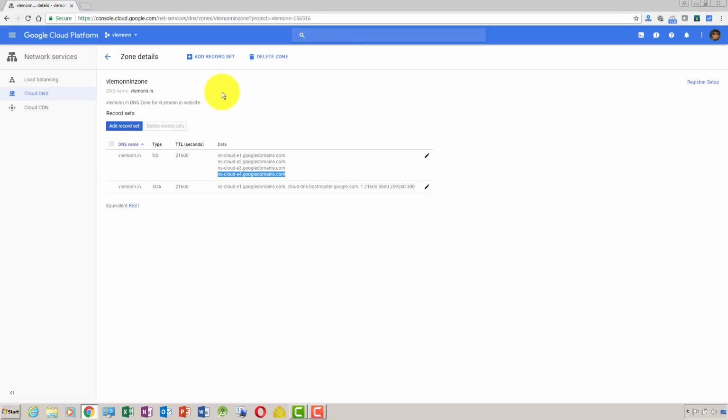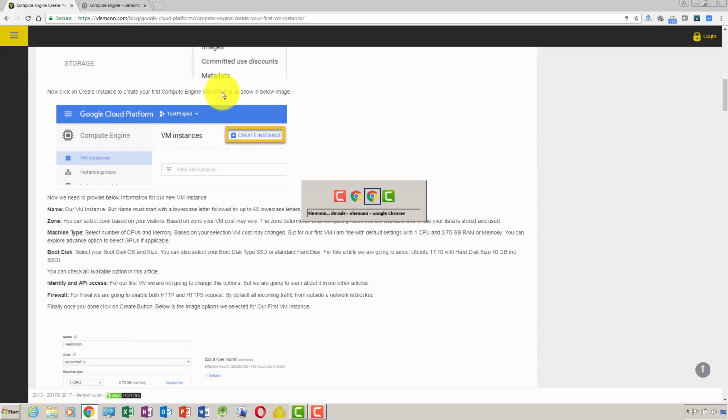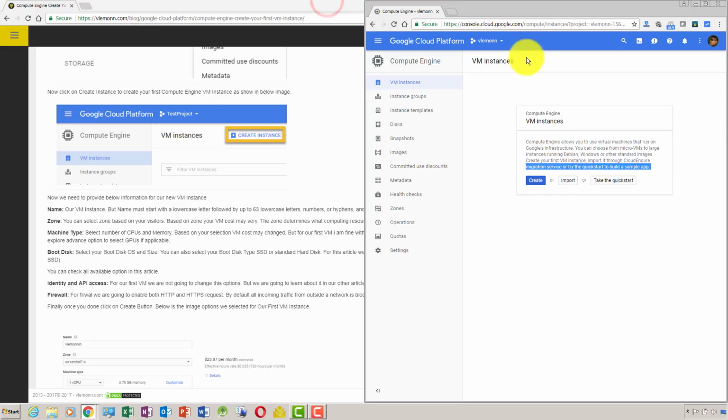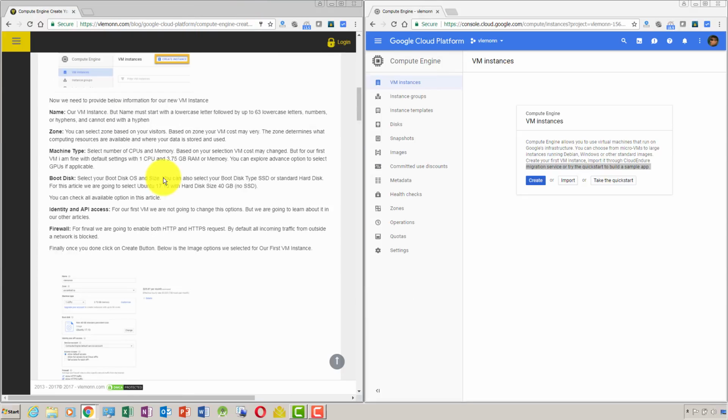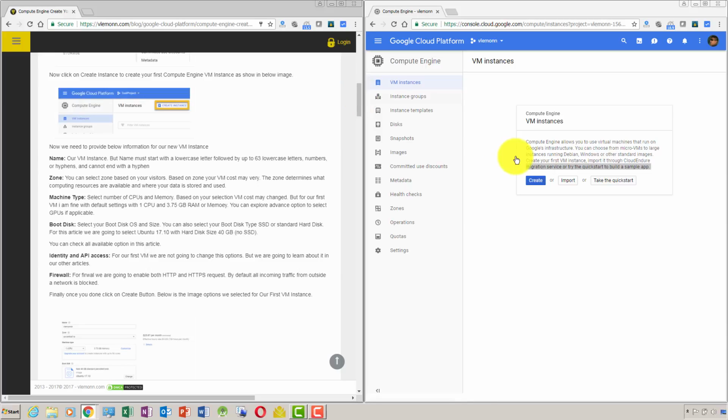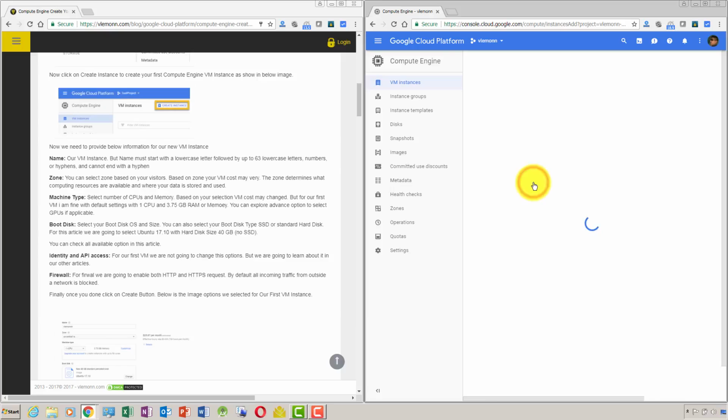Okay, so we are here on the Compute Engine page. We need to click on VM instance. Right now we don't have any, so the create instance is available here. If you have any machine created previously, then create instance is going to be available here. So I'm going to click on this create,